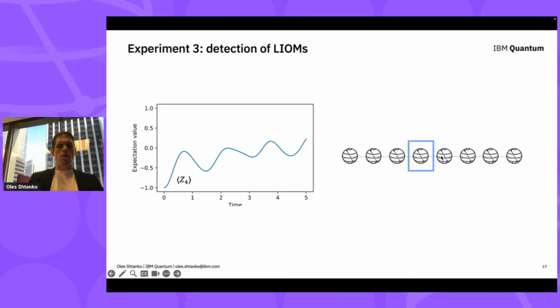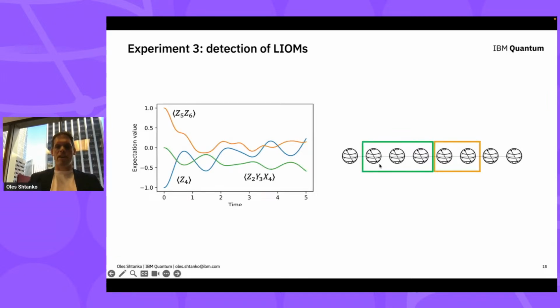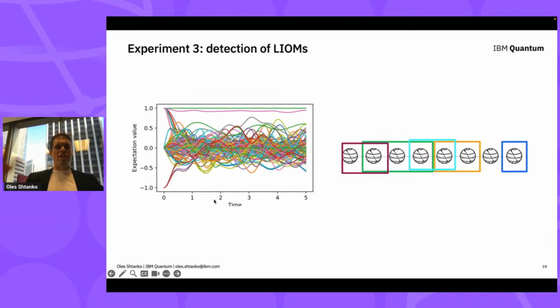We can now add some more signal to the signal we've already measured. We can add measurements of 2 qubits and 3 qubits, which give us an already more complicated picture right here. And we can keep going on and on and add more and more measurements, single, 2, 3 qubit measurements from all across the system. As a result, we have this very tangled picture, which is essentially a huge database of measurements you got from your device.